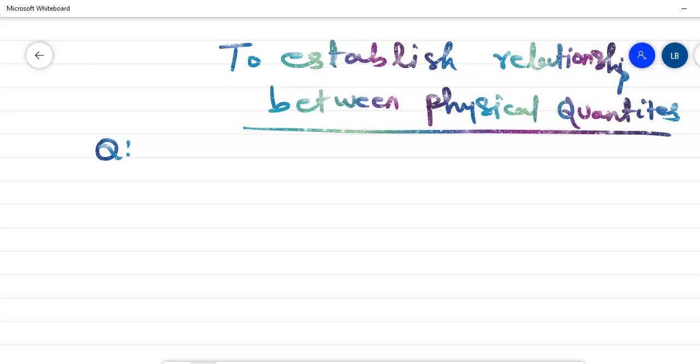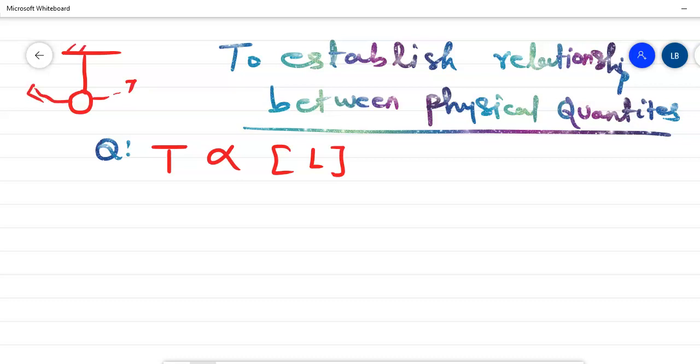So in a pendulum experiment, the time period is found to depend directly, or inversely. They won't tell, they will only tell it depends on the length of the string. Pendulum is what? It is a pendulum, right? So its string is there, a ball, so it will go like this, it will go like this. So pendulum will move like this and this, on a rigid support. So this is the string length, and acceleration due to gravity.